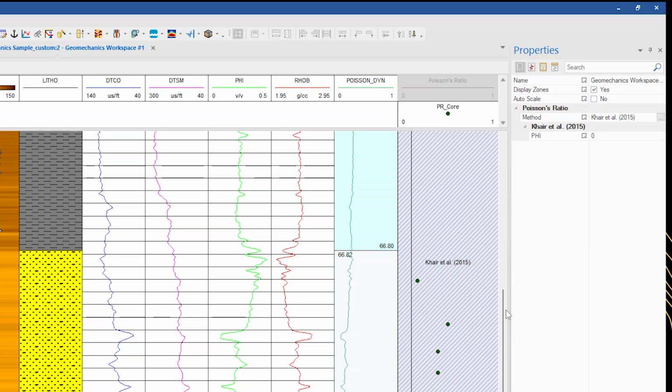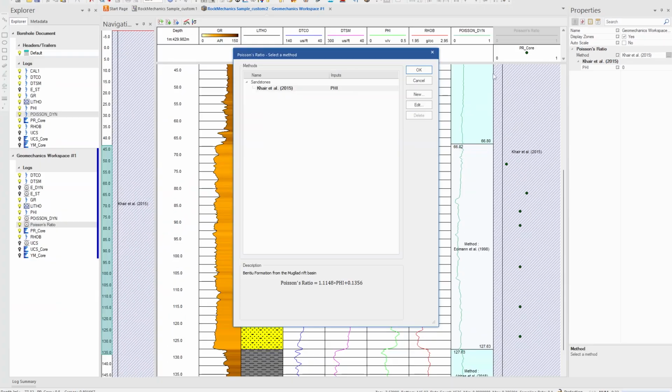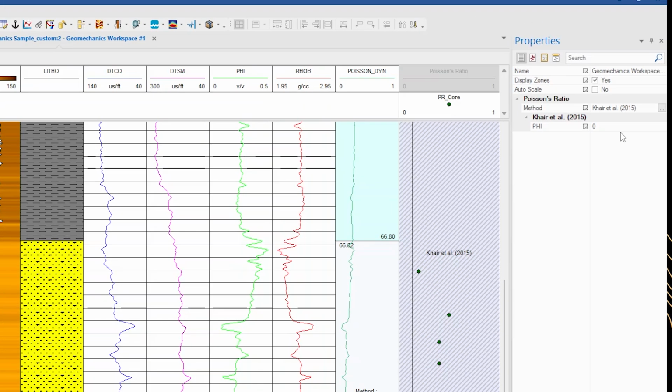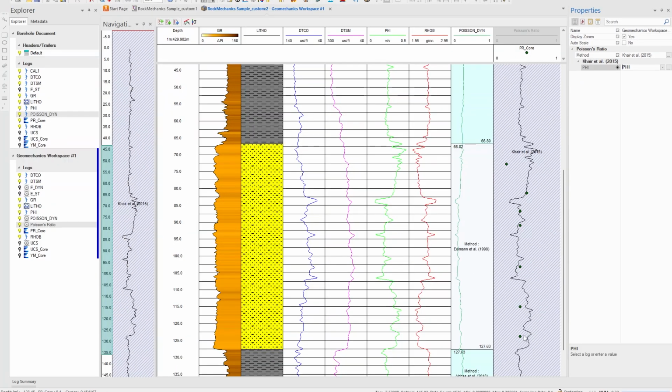And then we can check against the CARE method. At the bottom you can find the equation that we are using. We can press OK and we can select the porosity log. And this is the output we get. And as you can see, with the exception of a single data point, the fit is much better. We can now export this output to the borehole view.